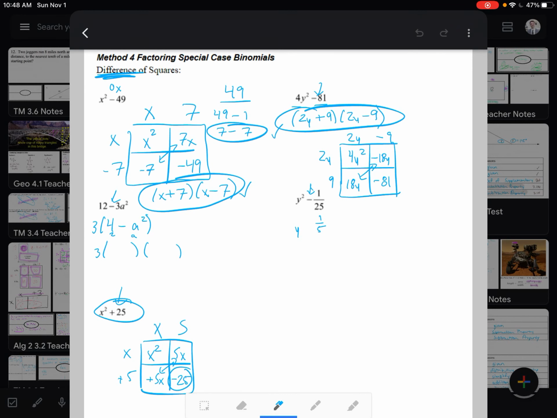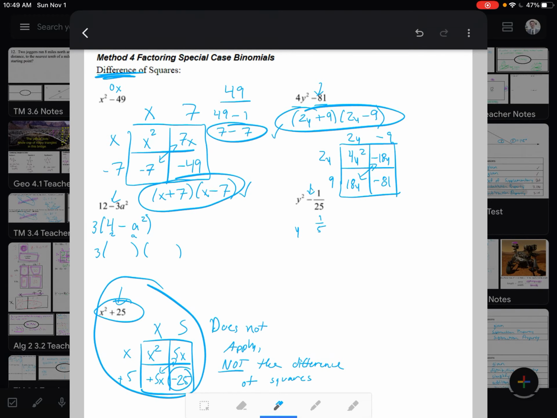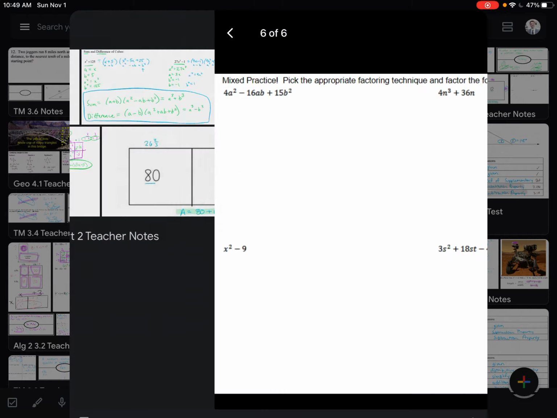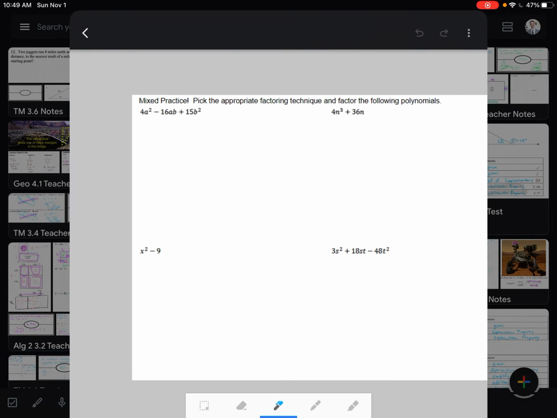And I just got kicked out here. But we'll finish up. So again, this example on the bottom does not apply. It's not the difference of squares. All right, the final thing to note